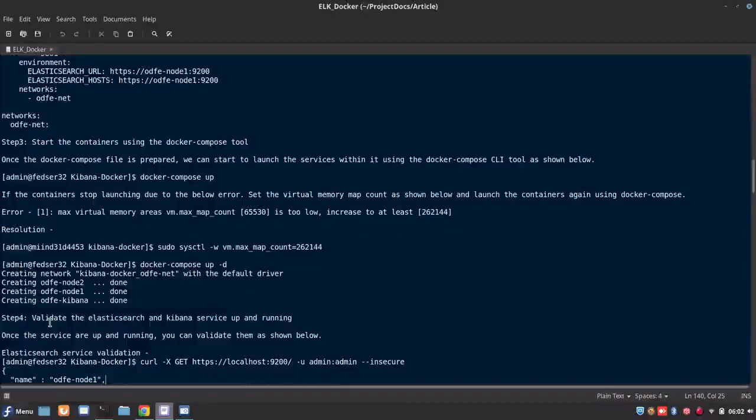You can note that and consider creating that variable so that the services will come up without any errors.